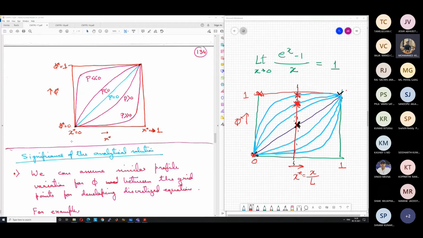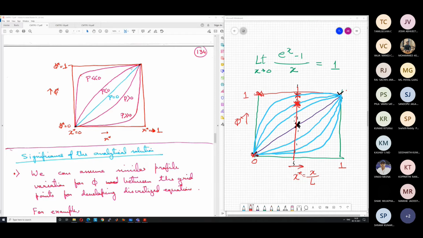So let us continue. We have derived this exponential solution for our convection diffusion problem for a 1D case. What insight can we gain from here? We find that if Peclet number is 0, the variation should be linear. If Peclet number is greater than 0, the variation looks like this, dominated by the upstream side, meaning the direction from which the flow is coming. If Peclet number is less than 0, then also it is dominated by the upstream side.